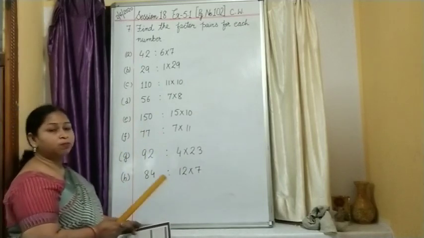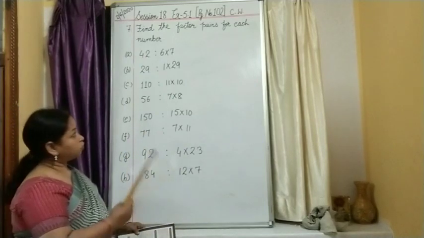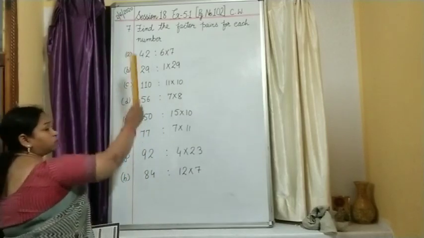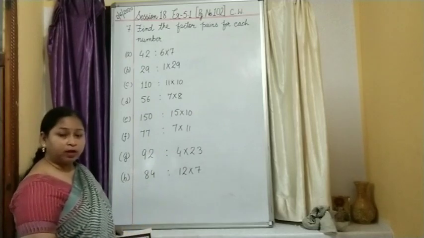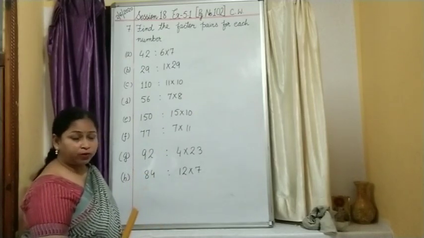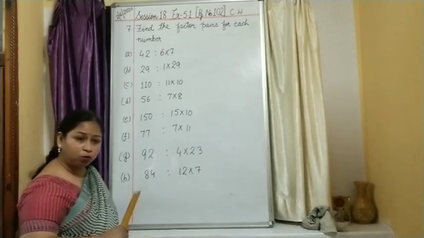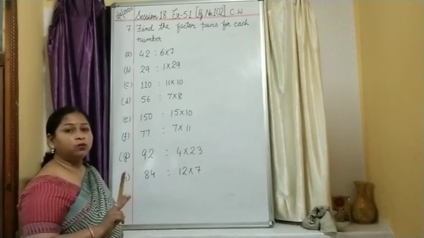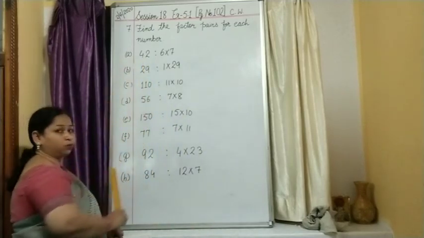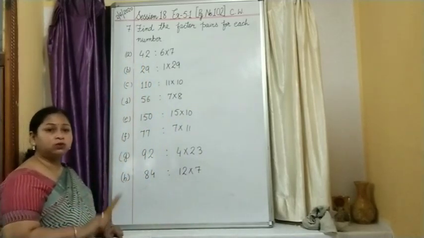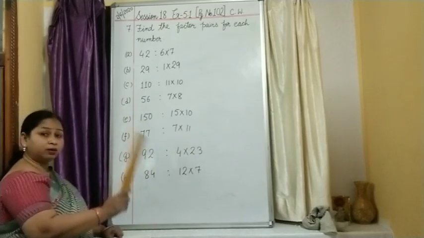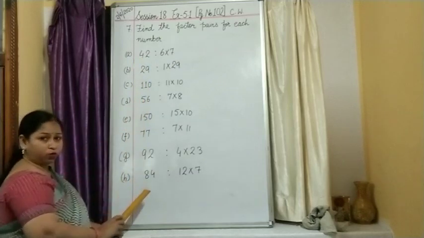Since there is not much space given in the book, we have planned like that. Okay. 42. When does 42 come? There are several tables. 1 multiplied by 42, 2 multiplied by 21, isn't it? So you go on finding out whenever you multiply two numbers, the result should be 42. So you have to search for those numbers, those tables, when you multiply and you get the result as the numbers given over here. Okay.